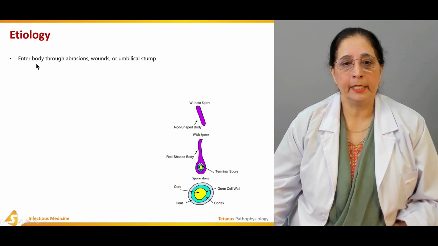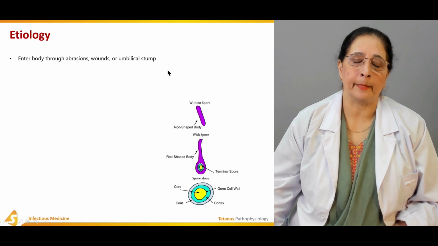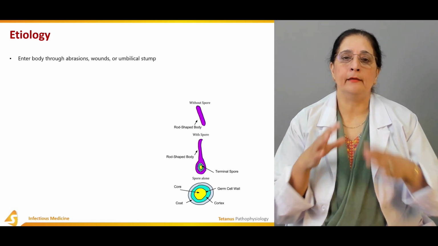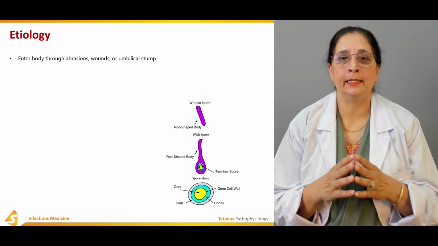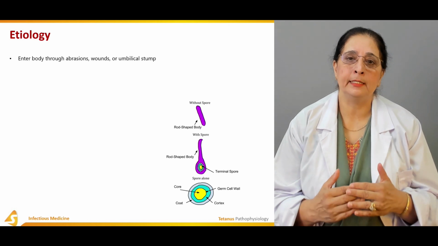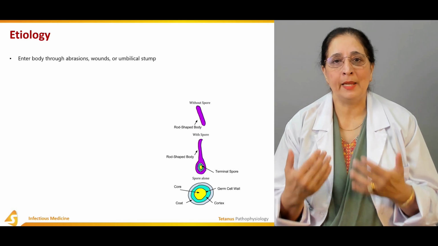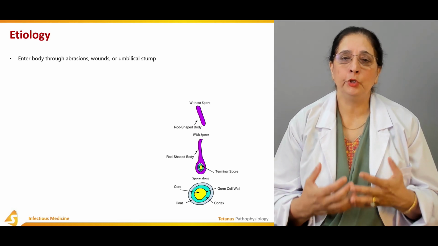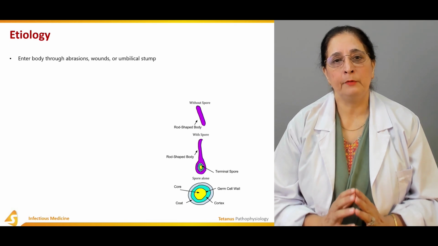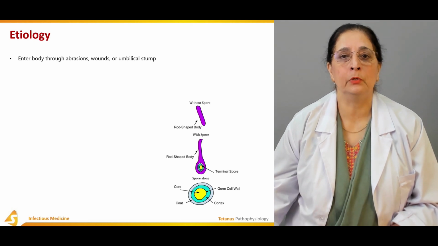They enter the body through abrasions, wounds, or the umbilical stump. Commonly, if there is any injury or fall and there is abrasion of the skin and a wound, and the wound occurs in a dirty area, on a nail, or in a place where there is dust, it's very important that we get immunization against tetanus because there is an increased likelihood of developing